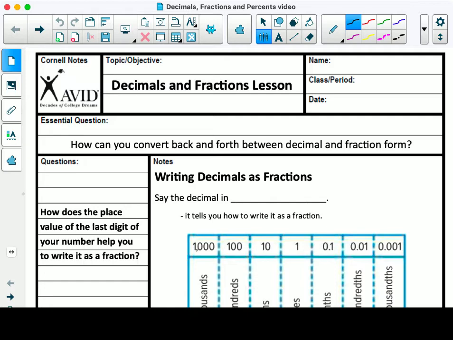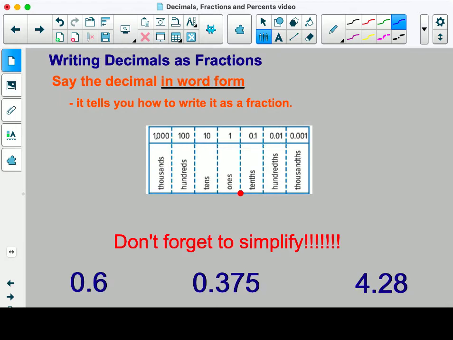So we're going to start with the decimals and fractions lesson. So find that page in your notes, and then we're going to go ahead and get started from there. All right, so first we're going to focus on writing decimals as fractions. That's the first part in your note packet, or in this section of notes, and we're going to fill in